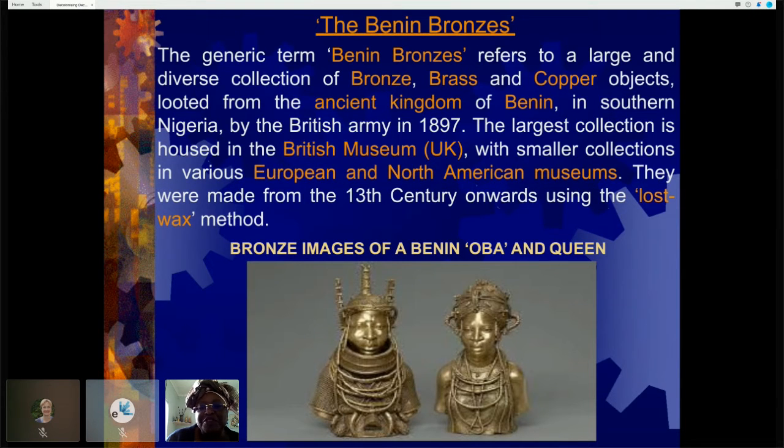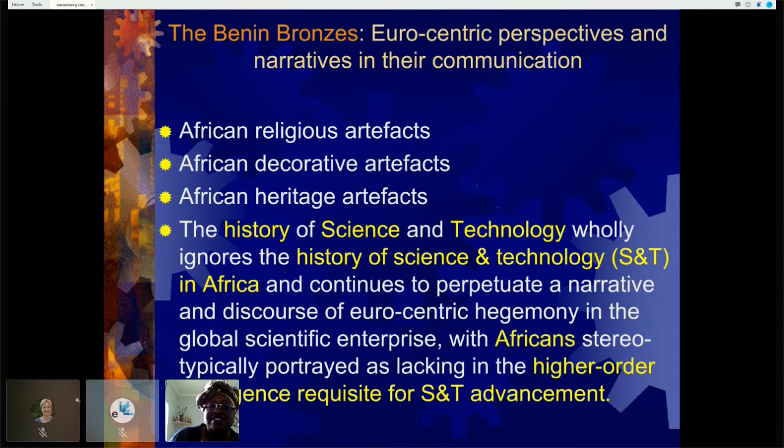These are my two favorite ones because here you've got a male and a female. The Benin Kingdom, just like other parts of the world, also had issues in terms of gender equality. So we don't have many images of females. And again, the Eurocentric perspectives in their narratives describe them as religious artifacts, decorative artifacts. And again, you put that into a history of science and technology narrative that ignores science and technology in Africa